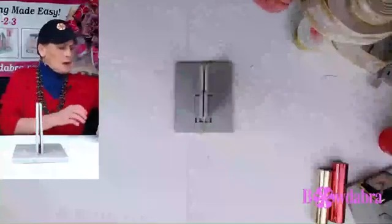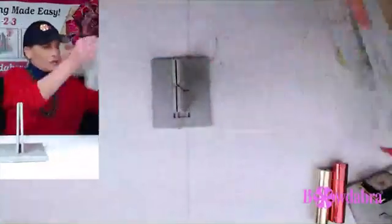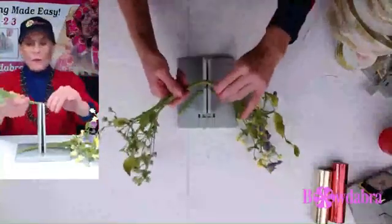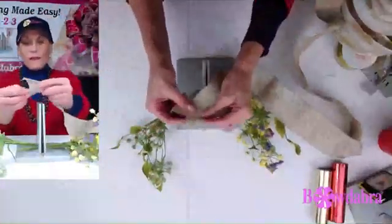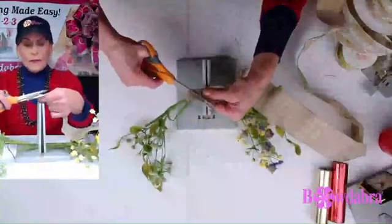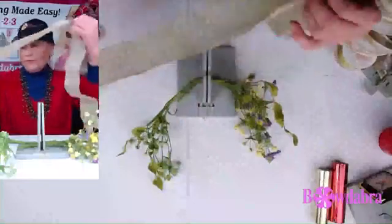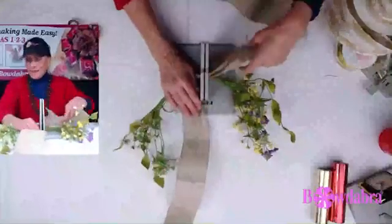So I'm going to grab this here and I'm going to start, actually I'll leave that here, it's easier, I want to keep everything out of the way. I'm going to start by just laying my picks in here. So you can do this where you put the picks in before, or you put them in after. And then now I've already dovetailed the ends, and in order to dovetail, all you're going to do is fold your ribbon in half and just clip from the corner to the fold, and that gives you your nice dovetailed ends. So now I'm just going to fold this in half, lay this down here, and